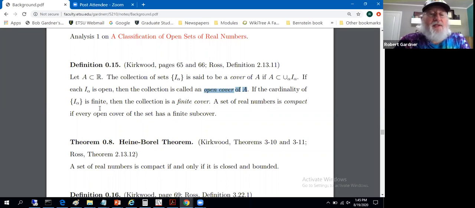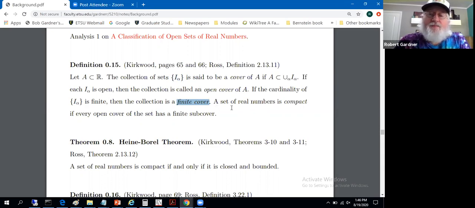If the cardinality of this collection of sets is finite, it's called a finite cover. So how many are there? Well, could be anything. If there's a finite number of them, then it's called a finite cover. And we're interested in, some of these words are starting to sound familiar, a finite open cover of set